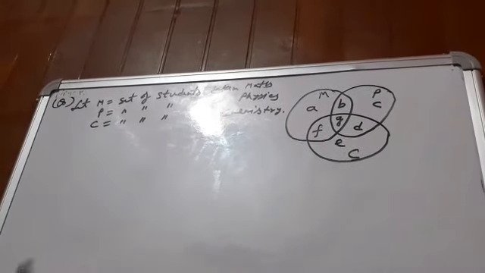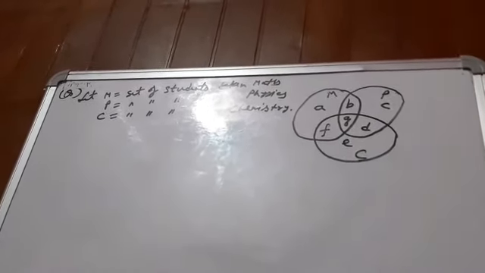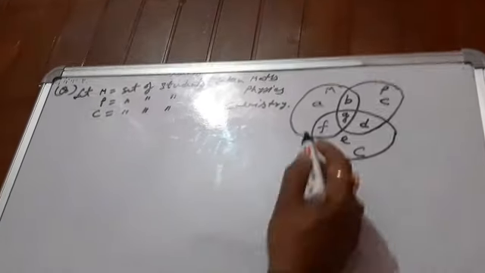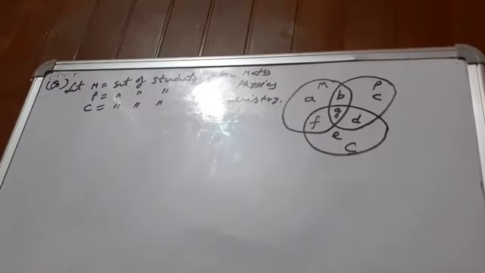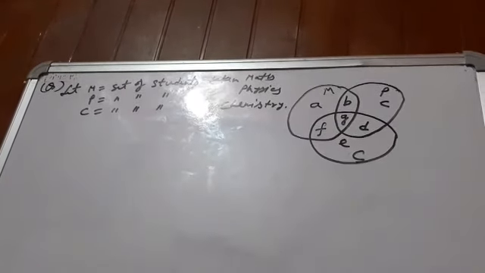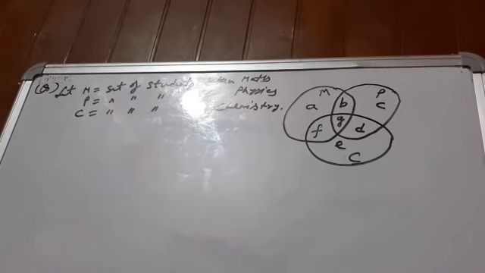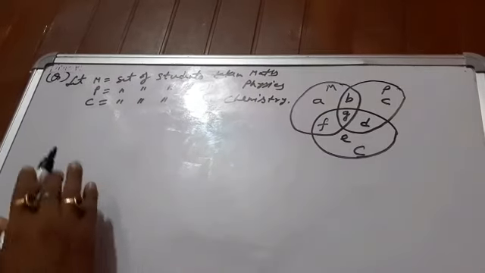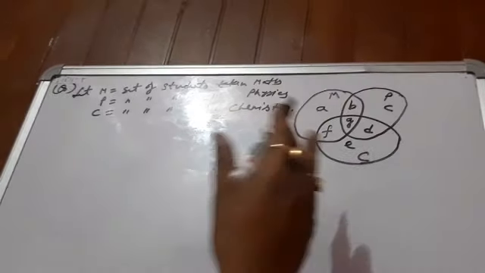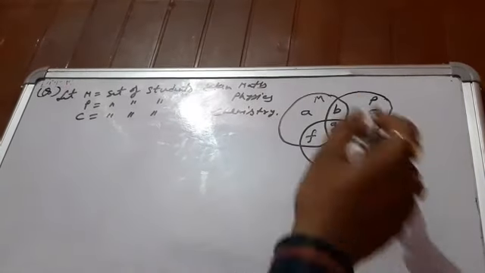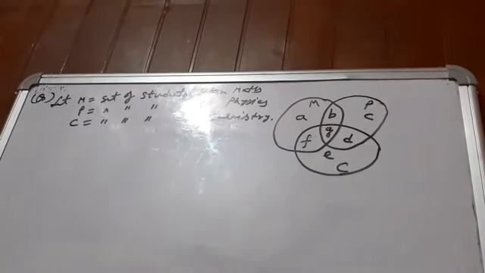Okay. Now what to do here? Read out the question properly and write down the equations in terms of A, B, C, D, E, F. What are the possible equations are there? Write down here. Okay. Now have a look on the question first and I'm just going to read out the question, and by that way you are going to write down one by one here. Means you are going to make here the equations in terms of A, B, C, D and so on like this.